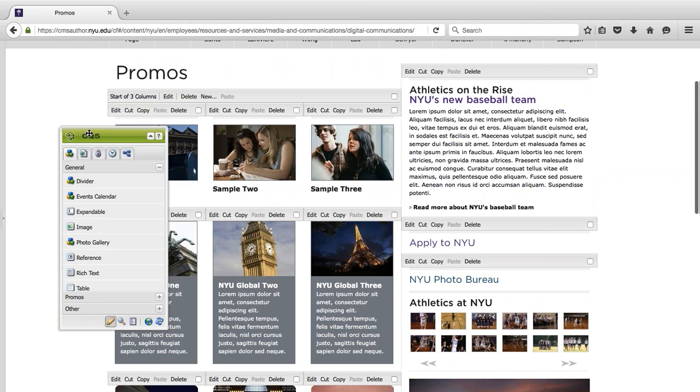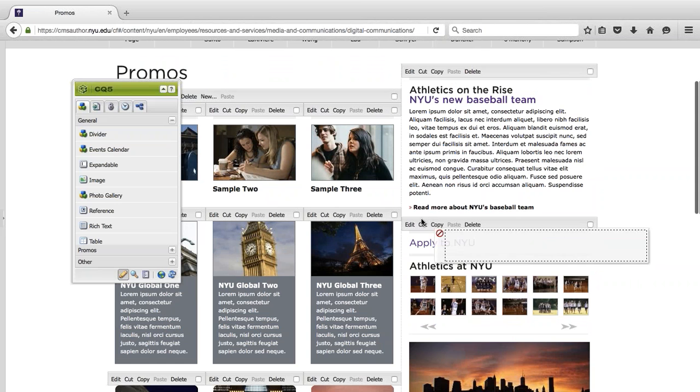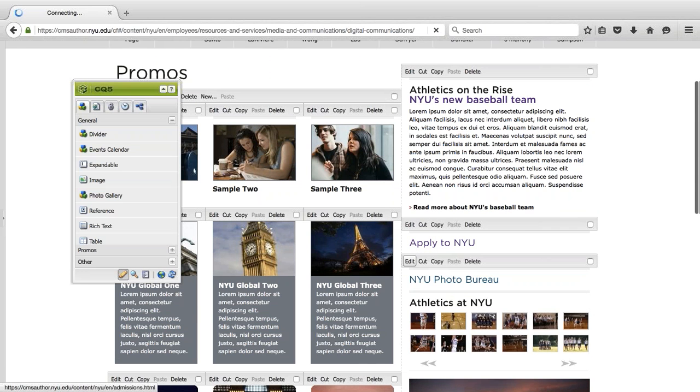And a lot of problems that I've seen is that you try to rearrange them and you can't drag them on top of each other, okay? So that's something to keep in mind. So these things here,